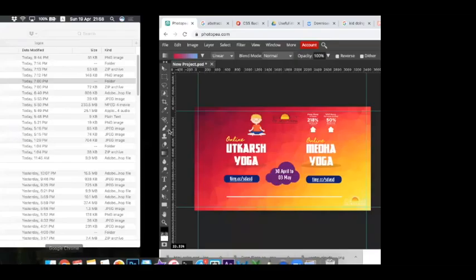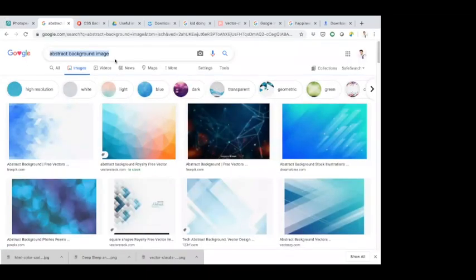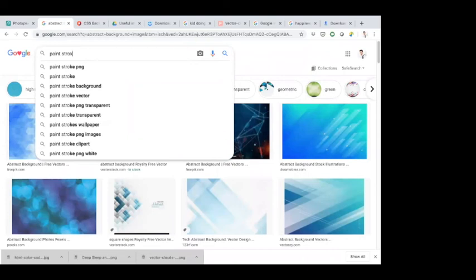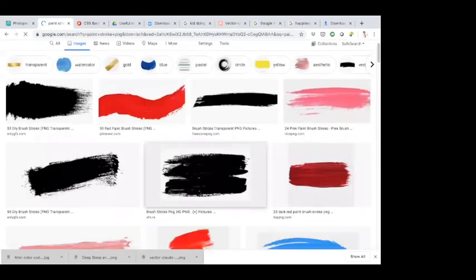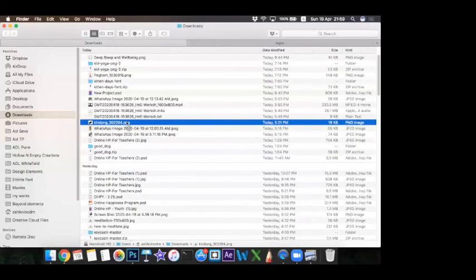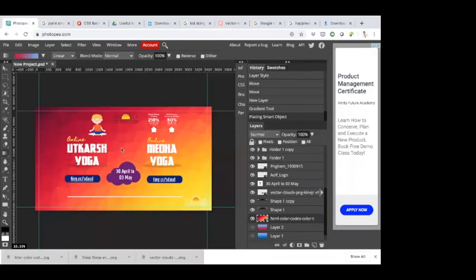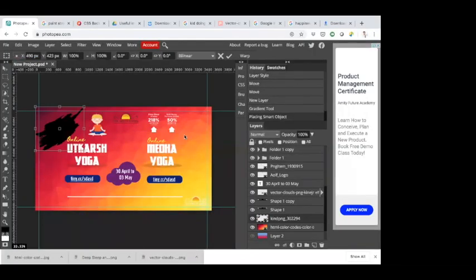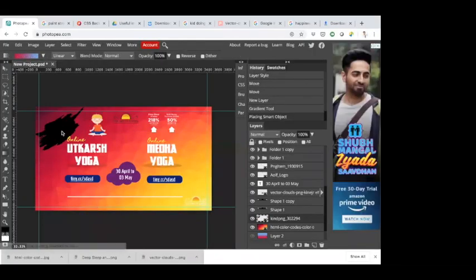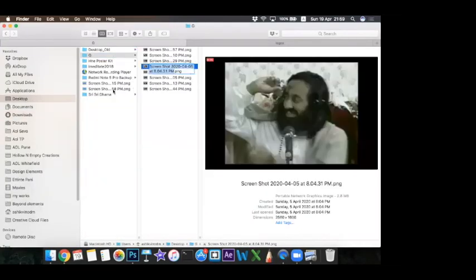So yesterday we had put Gurudev's image inside a circle, right? So what I did is, I downloaded a paint stroke PNG. So like this, you will get a lot of PNGs in here. I think I have already downloaded it here, and let me just load it onto Photopea. Okay, I'm just loading it onto Photopea. Okay. Now, click. Now load any of Gurudev's image.